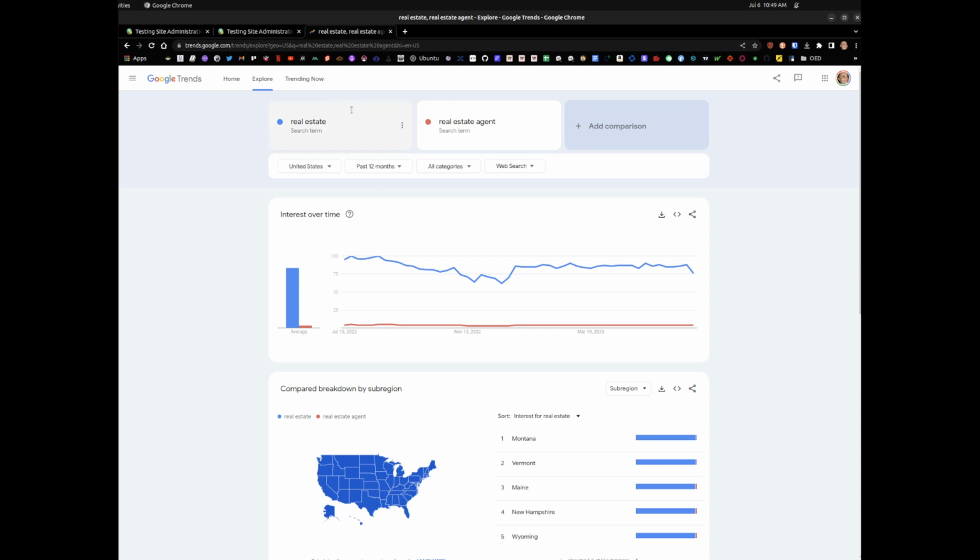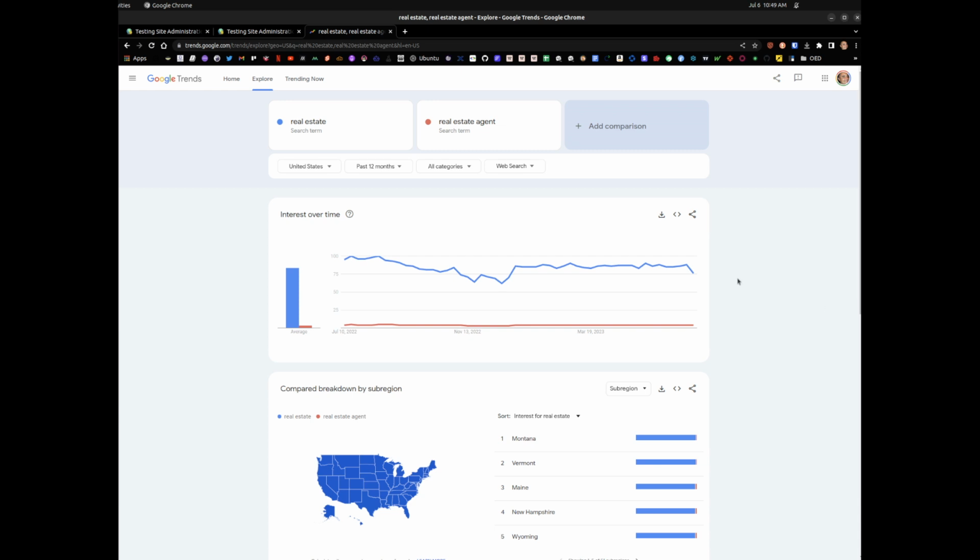So when we do a simple analysis like this, you can see that, and this is how you read this, for every 86 searches about real estate, only 4 happen to real estate agent. Okay, so if you're targeting real estate agent, it will have a low traffic effect on your site. Let's put it like that.